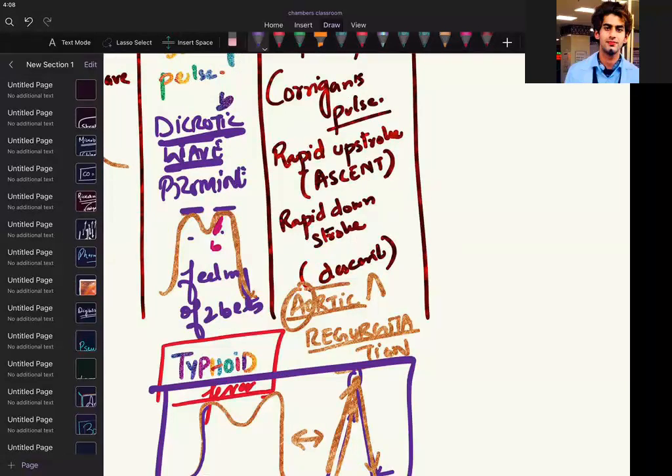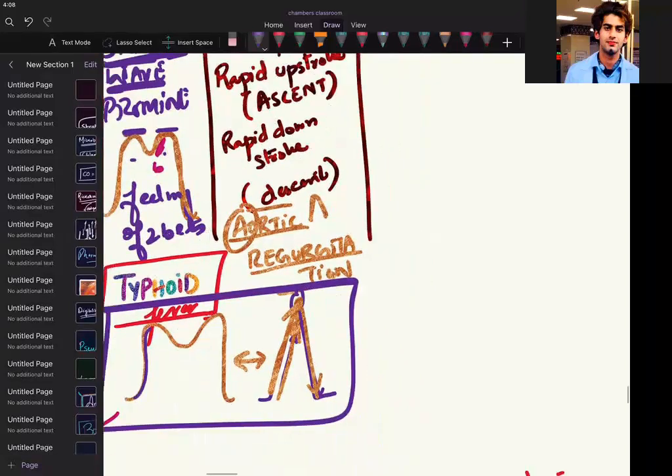Sir, why rapid upstroke happened? Because stroke volume increased suddenly. And rapid descent happens because pulse collapsed midway. He was going for some job, but suddenly he came back. Okay. So if they ask you why collapse happens,